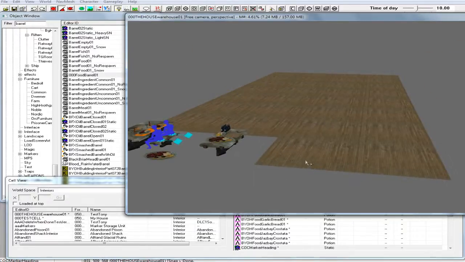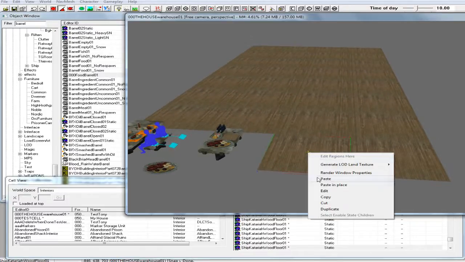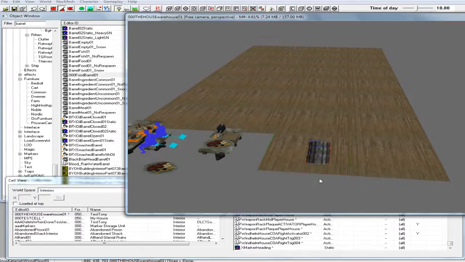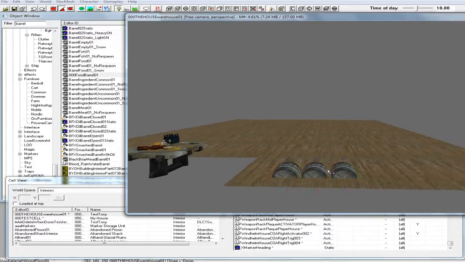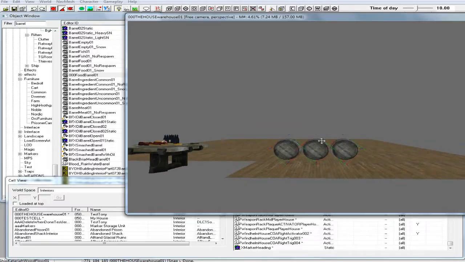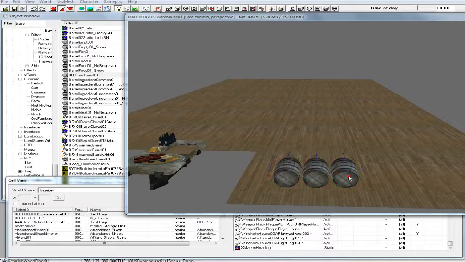Now we're gonna go ahead and click on this piece right here and right click and paste, and the 3 barrels will show up right there. Now we probably want to move those around a little bit, and then move those up, push them up like that, and then hit F, and they'll drop in just like that. Now go ahead and select just one of them, select 2 of them,